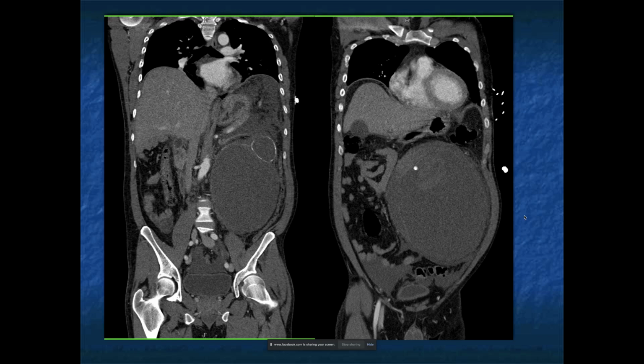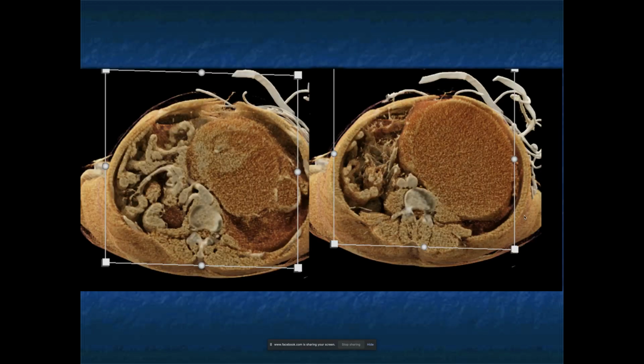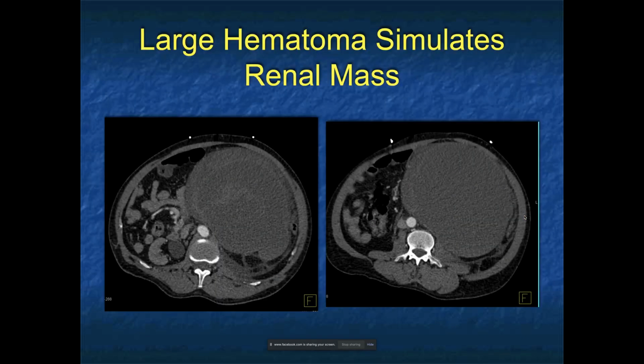This ended up being a complex case. Again, the differential diagnosis, I thought this was a renal mass that probably bled into itself. Remember, angiomyolipomas could bleed into themselves, renal cell carcinomas, patients with AV malformations, patients with renal artery aneurysms can all have bleeding. But what this was, you can see some more views of it. When this was resected, it was just a large hematoma simulating a renal mass. There's a little rim of kidney present, but this was just a large hematoma. There was no evidence of active bleed, and there was no explanation why the patient bled.